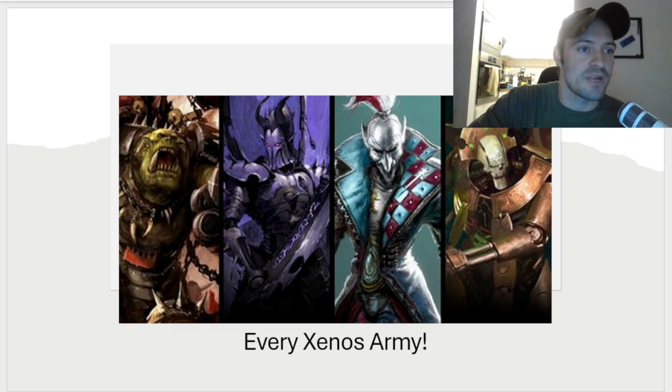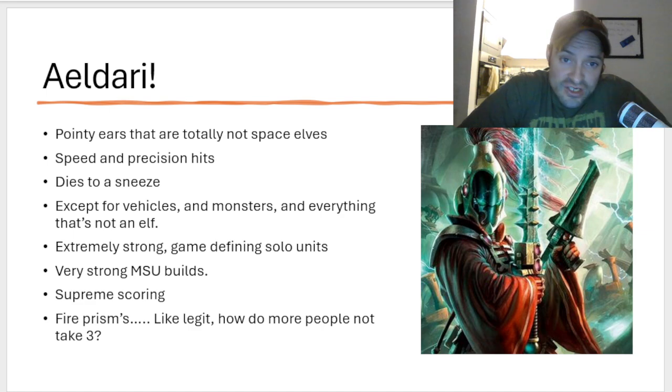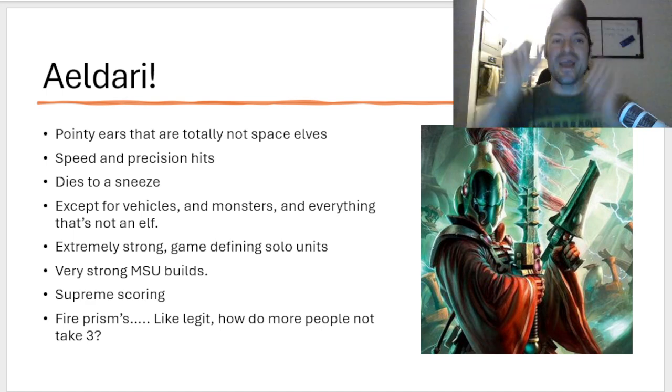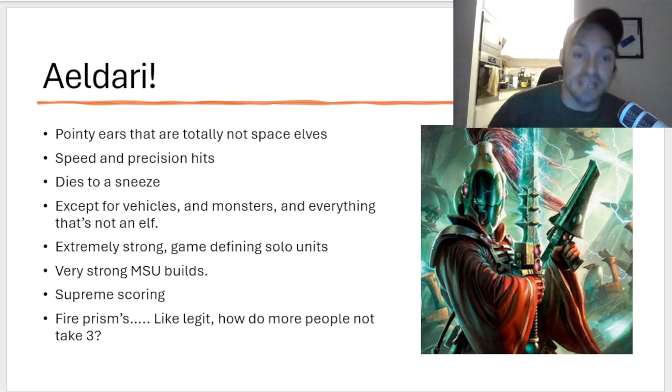Here we go, everybody. Starting with the Aeldari, guys. First thing that you need to know about the Aeldari is that they have pointy ears, and they're totally not space elves. They're Aeldari. Obviously, they're the immortal people with pointy ears, and they're lithe and majestic. Definitely not space elves. Anyway, the way these guys operate on the table is they have speed, and they have